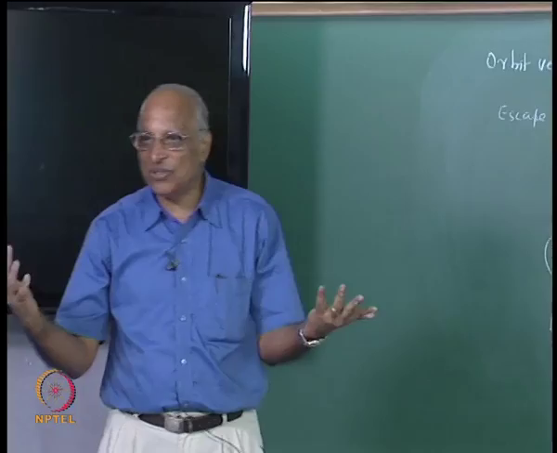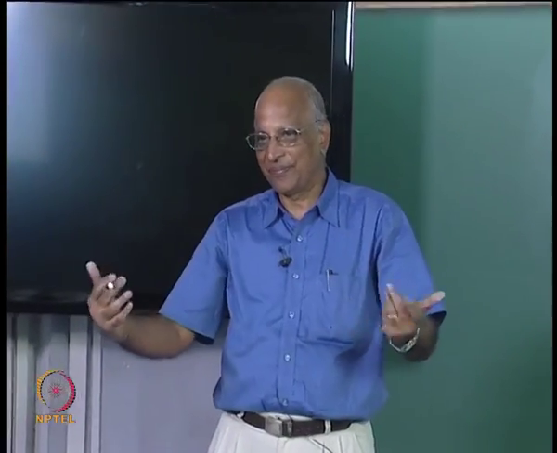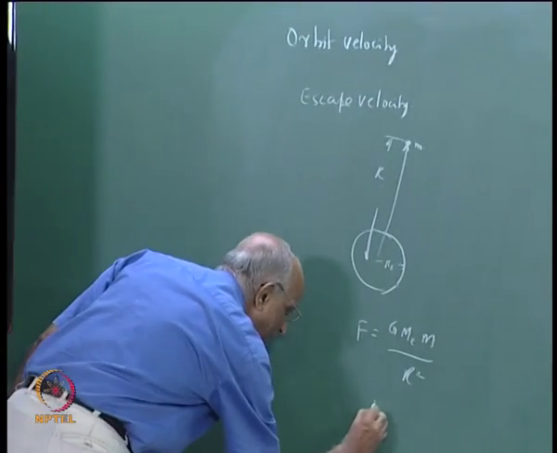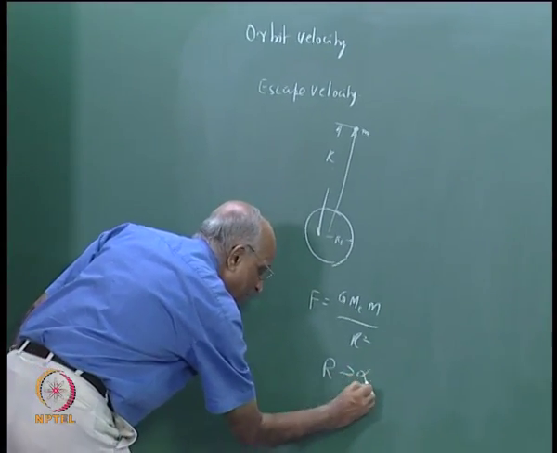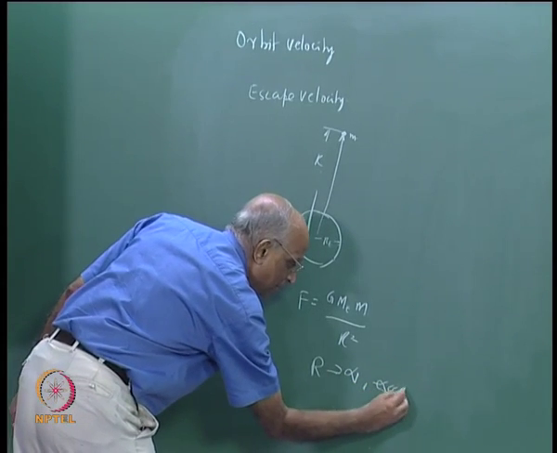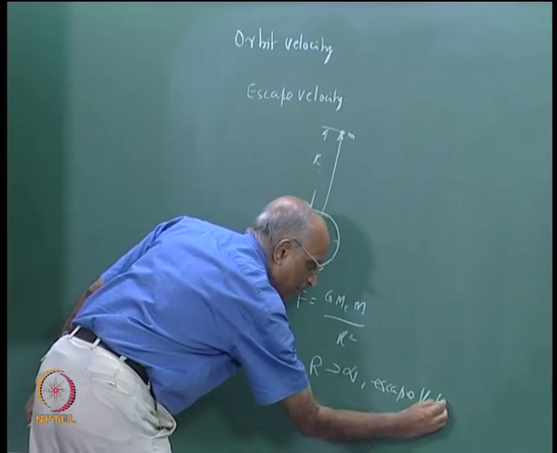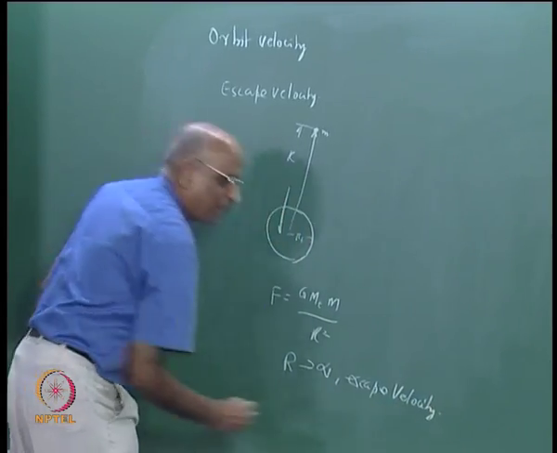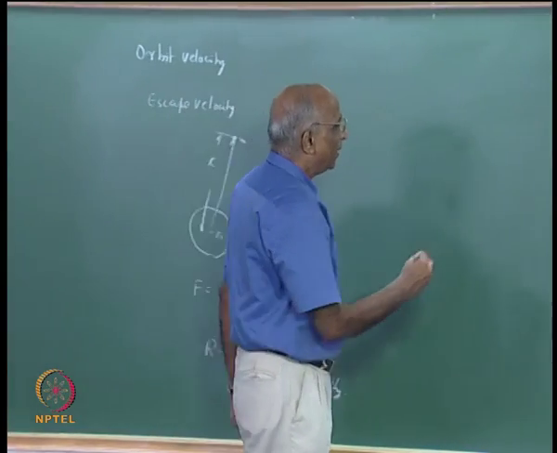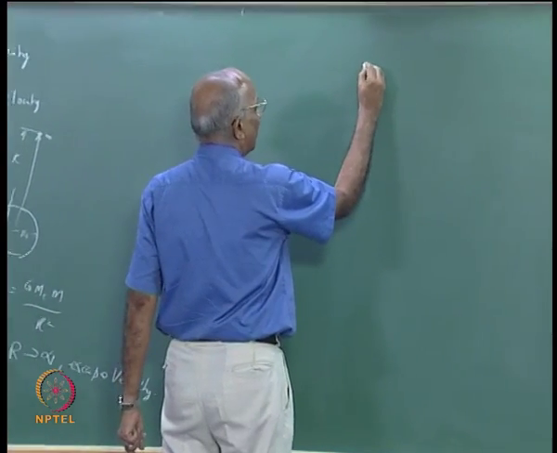I want the force to be 0, I want to escape from the attraction, therefore r becomes infinity. Therefore, r must be infinity in order to have the escape velocity. Now, how do I do this problem? It is the same as what we have been doing. Let us say I am looking at the